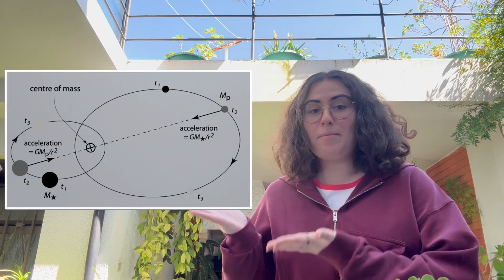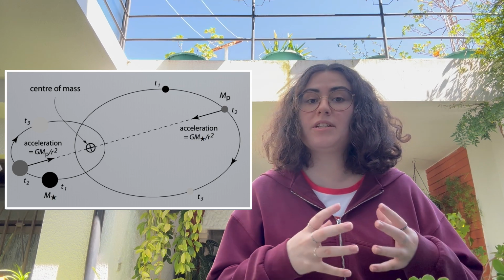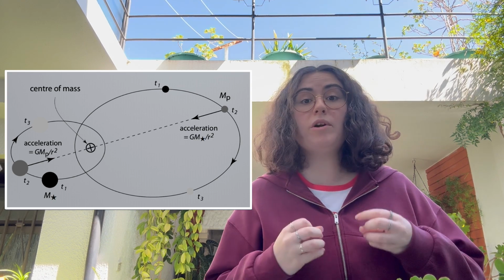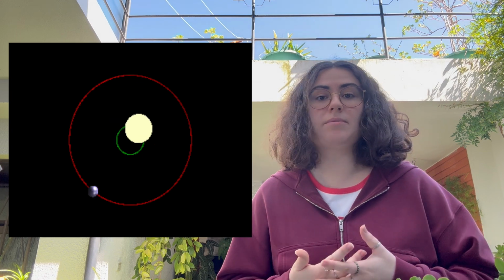Another method that can actually be combined with transits is called radial velocity. A planet that orbits a star suffers a gravitational pull from the star, but the reverse is also true. The star also suffers a gravitational pull from the planet, although much smaller given the differences in mass. In fact, both bodies orbit a common center of mass, the point where both bodies' gravities balance each other out, which is not at the center of the star. This means that although much smaller, the star has an orbital motion of its own, sometimes called a wobble.